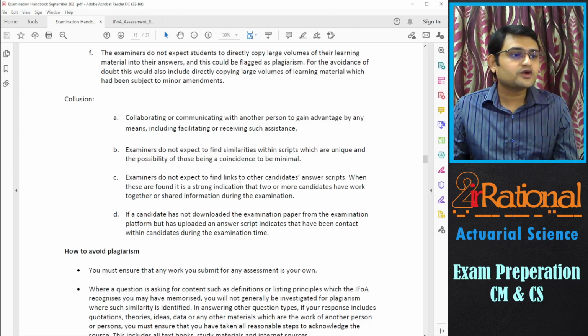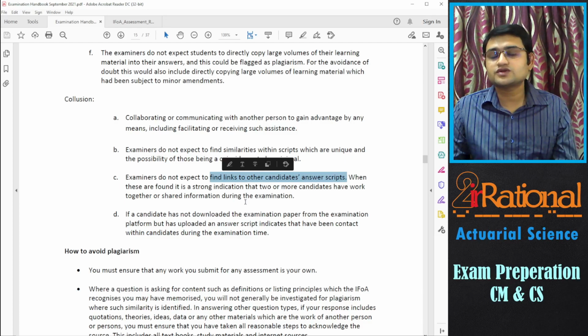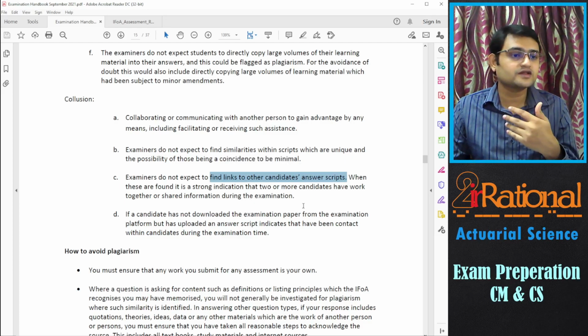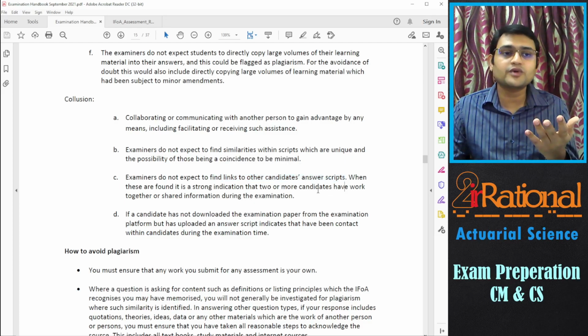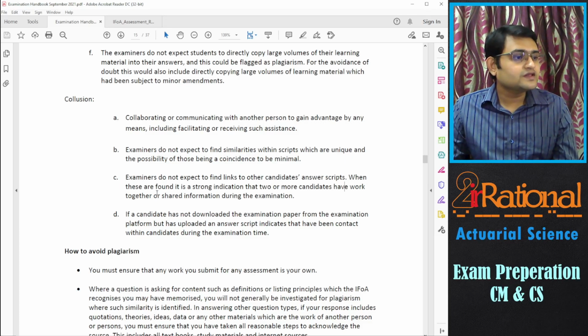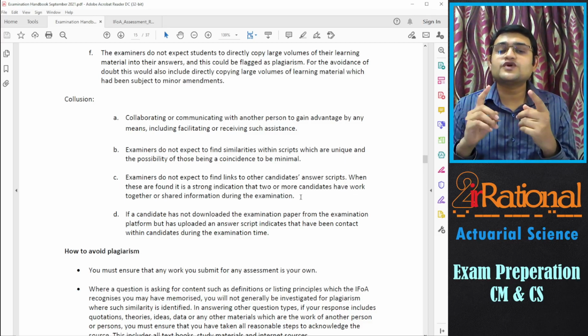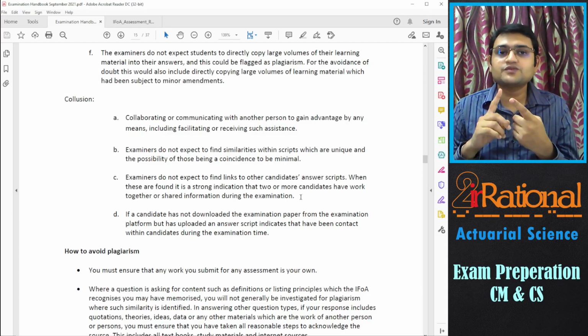Examiners do not expect to find links to other candidates' answer scripts. Of course, if your answer scripts are linked, then you have definitely copied from somebody else. When these are found, it is a strong indication that two or more candidates have worked together or shared information during the examination. Now, this is one of the problems while you're copying something from Excel.